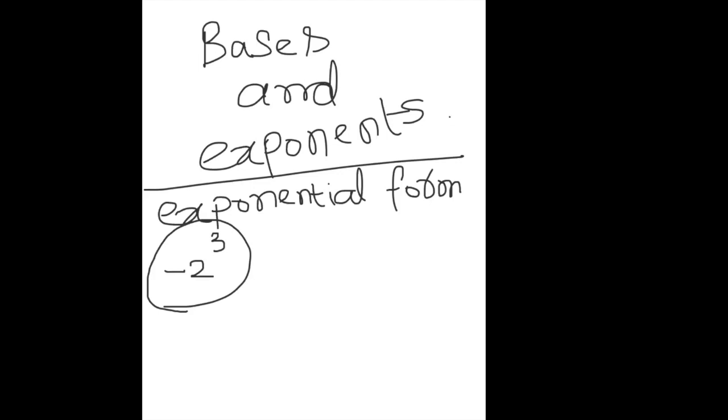Gokul, can you help me with the answer? Yes, sir. Tell me, how will you find the value of this exponential? Sir, first I am finding the base and exponent. Okay, what is the base? Base is -2 and exponent is 3. Okay, I'll just write them. Yes, what is the next step? Next step is I want to multiply -2 with -2. I want to do it 3 times, sir. I want to multiply -2 3 times. Okay, is this correct? What I'm writing, is that correct?